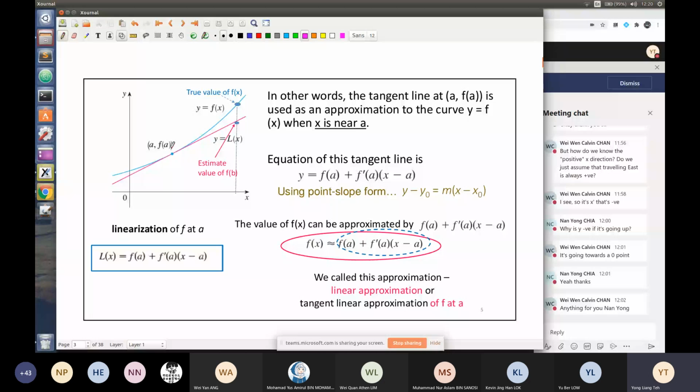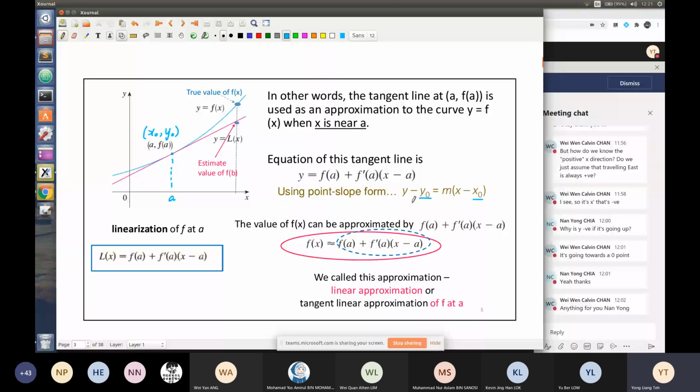Let me just put a note here. This x naught and y naught is just this point. So this is x naught, this is y naught. If you treat this as a and f of a, where is a? This is a. So if you treat x naught as a and y naught as f of a,